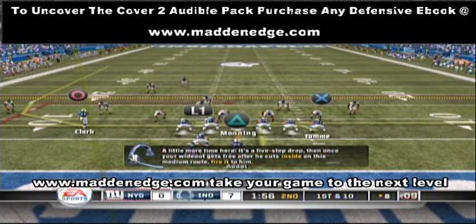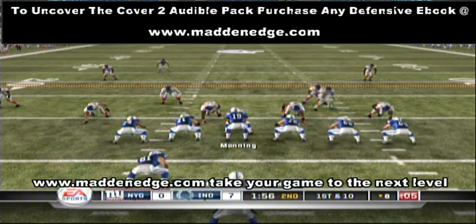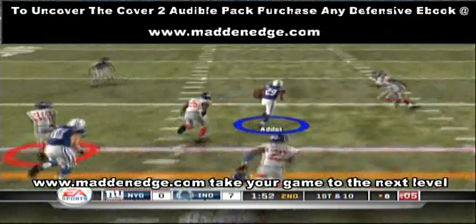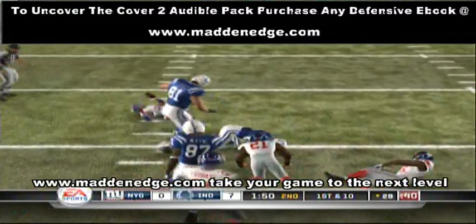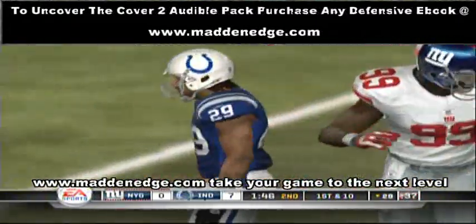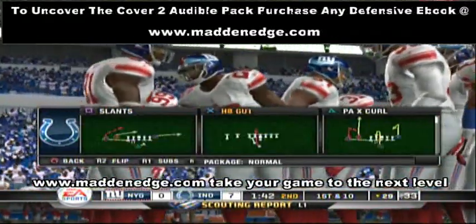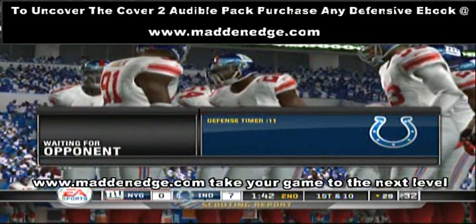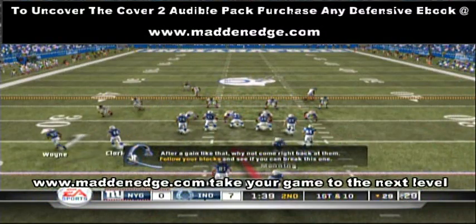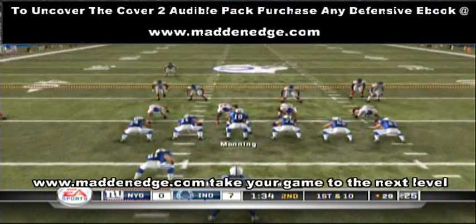So when you call your 2 and your 5s, be ready to drop, especially in a passing situation. Be ready to drop Mathis into wherever you think it's going to go, or use him there. What I was going to say, guys, is you have to come out in the 4-3 normal and then audible into these plays, because if not, they don't put Mathis where he's supposed to be on the other plays